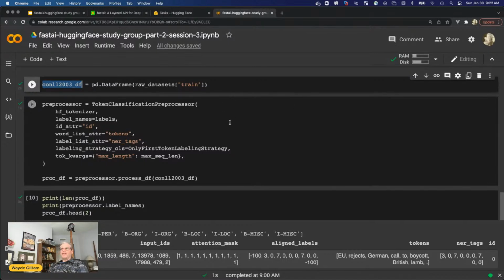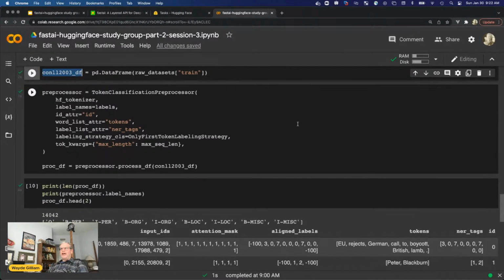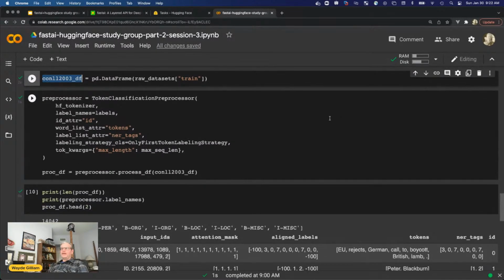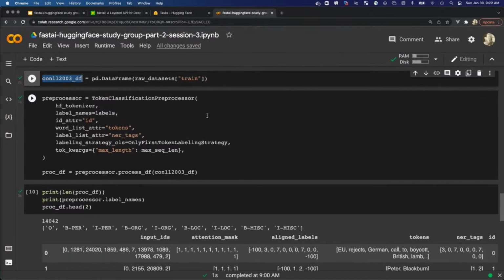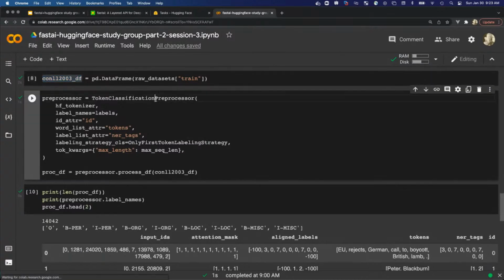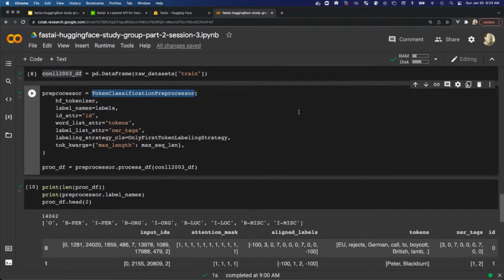So I'm going to just convert it to a data frame for this particular data set. And in Blur, one of the new things we're doing is providing a bunch of preprocessors for all the tasks that know how to preprocess the data correctly for your given task. So we have token classification, and you can look at this class in the documentation or on GitHub, but essentially